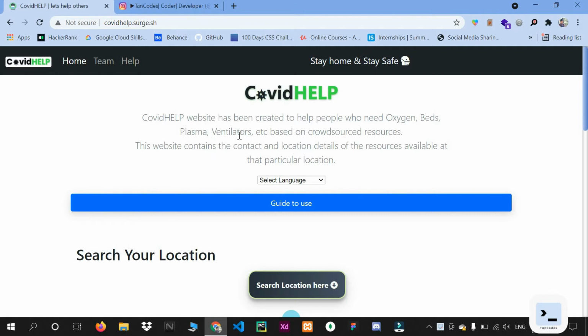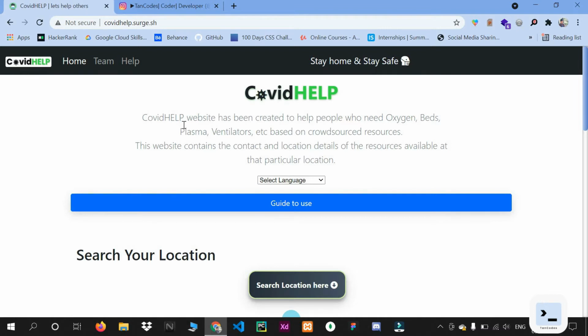So this website, COVID Help, is related to helping those people who are in need of oxygen, beds, plasma. So we all know today's pandemic of corona is so pathetic in India and in Maharashtra state and also other states too.